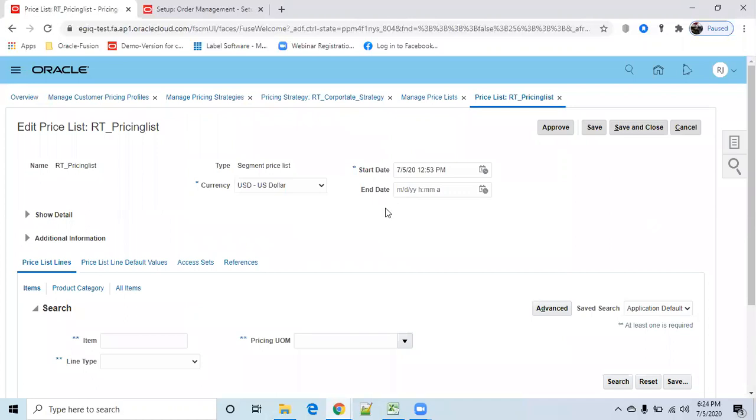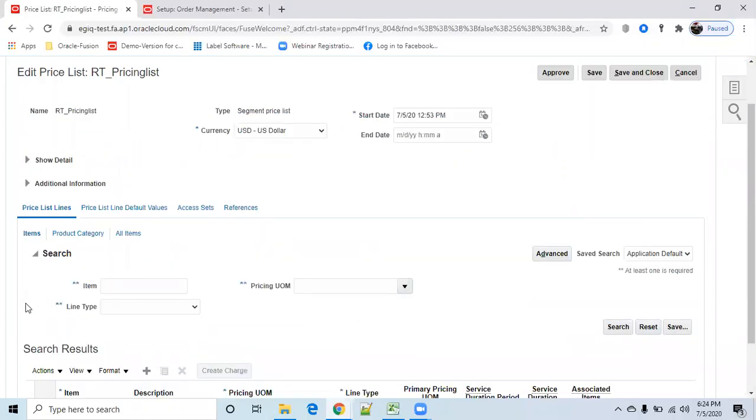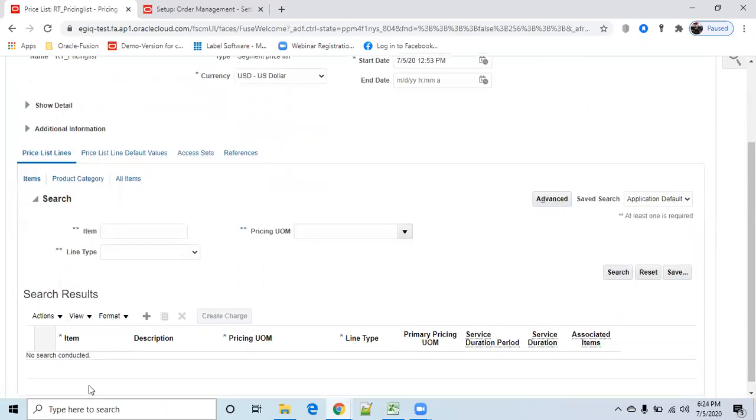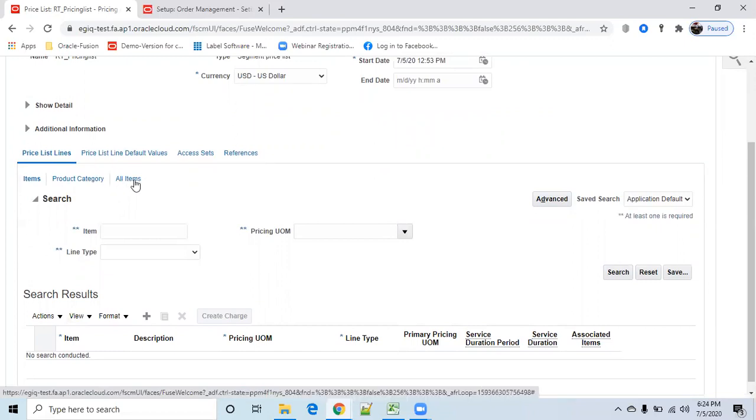When you go to save and edit, the system will allow you to provide for which item this price list has to be eligible. Under this price list, we again have a classification: whether you want to go item by item, with the category, or with all items. There are a lot of options.